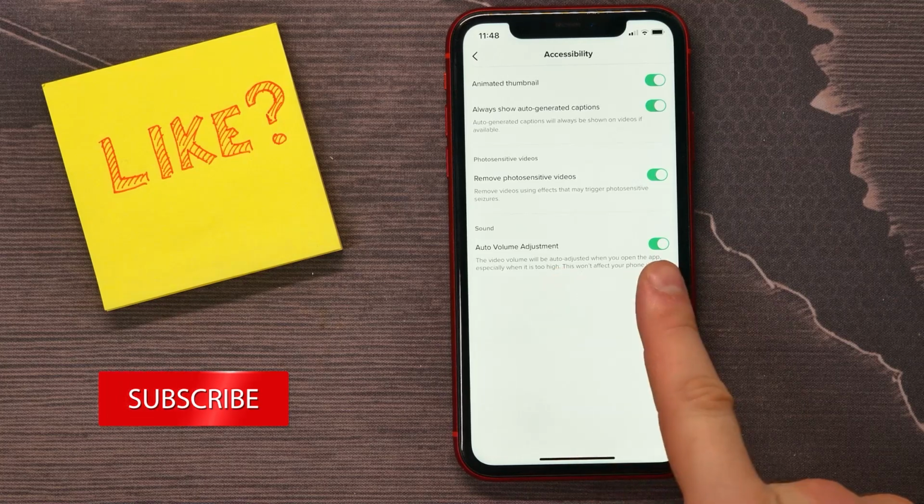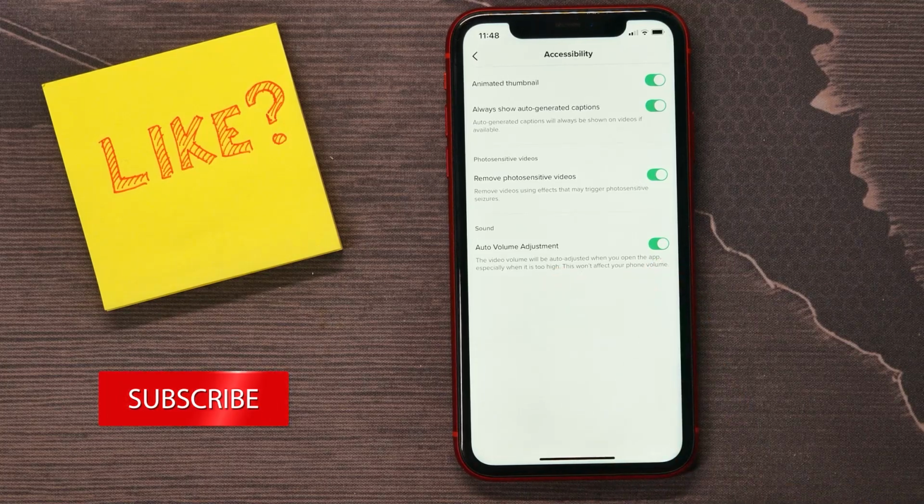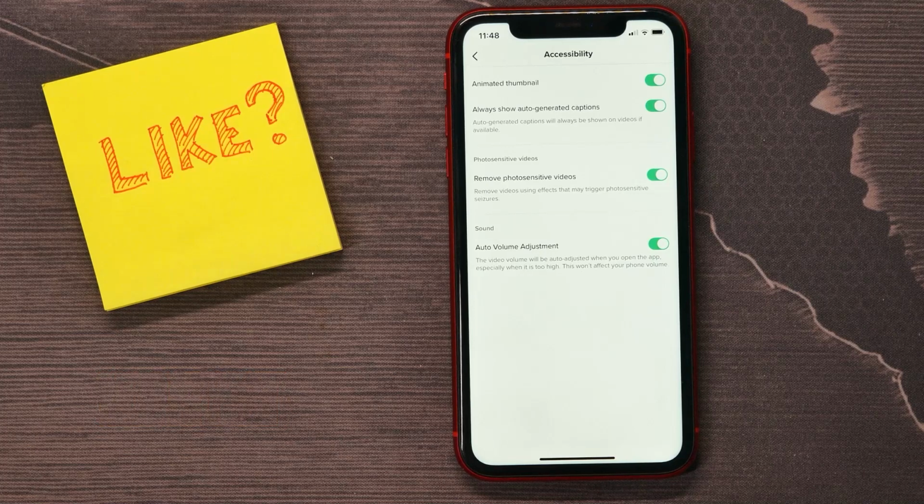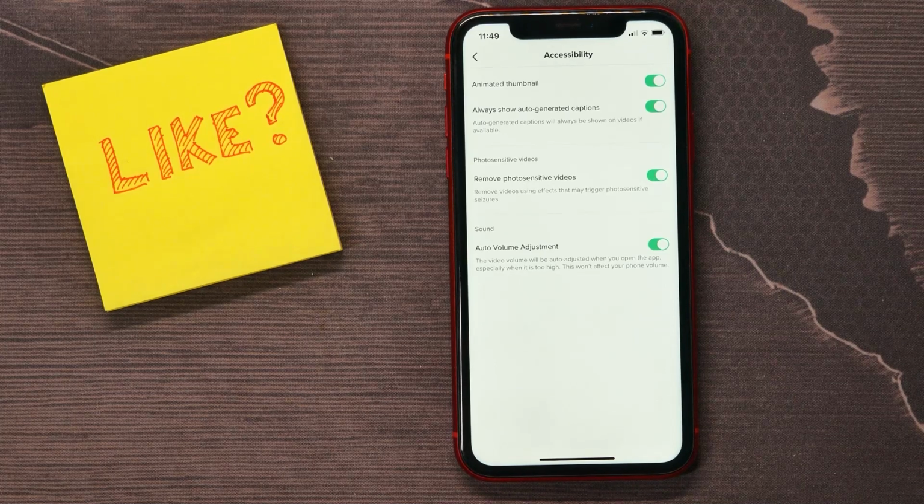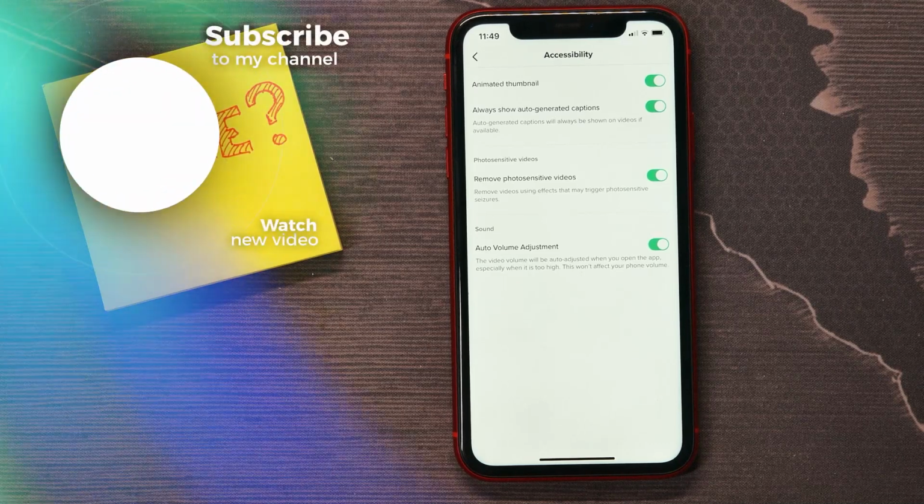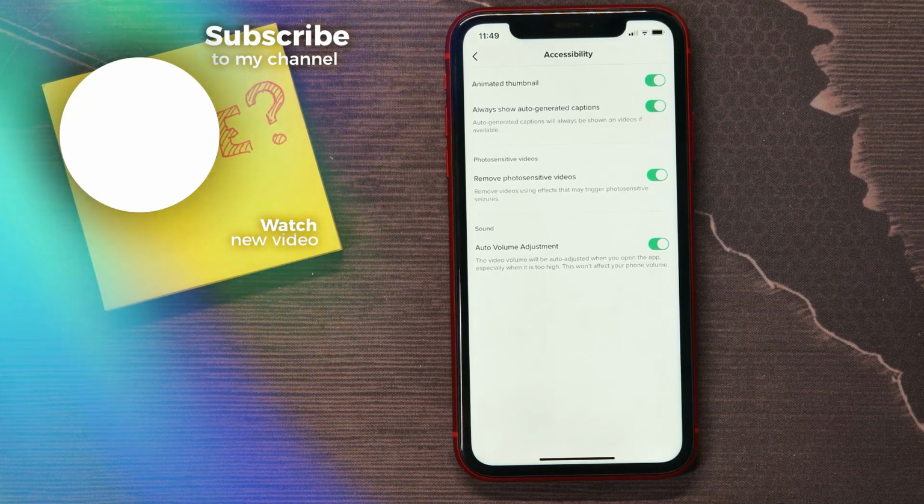Make sure that is toggled on, and when it's on, the video volume will be auto adjusted when you open the app, especially when it's too high, and this wouldn't affect your phone volume. If you don't have this option here, you need to update your TikTok application to the latest version because it's